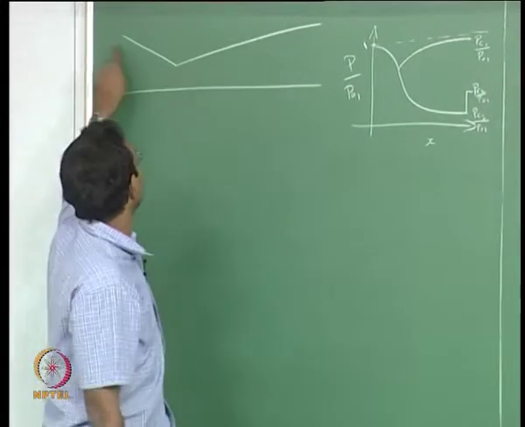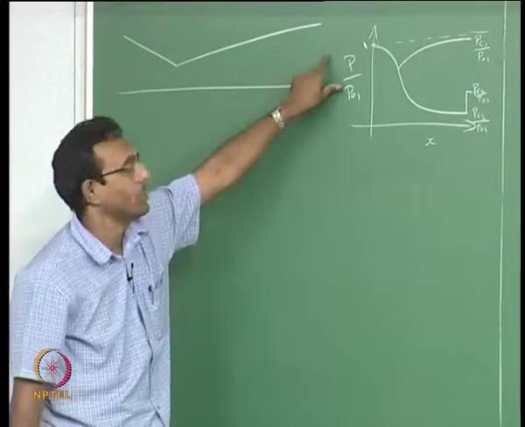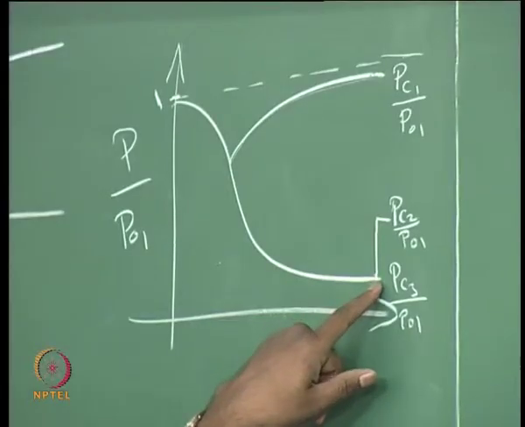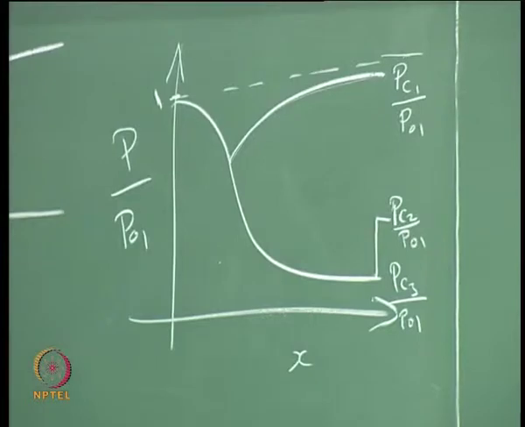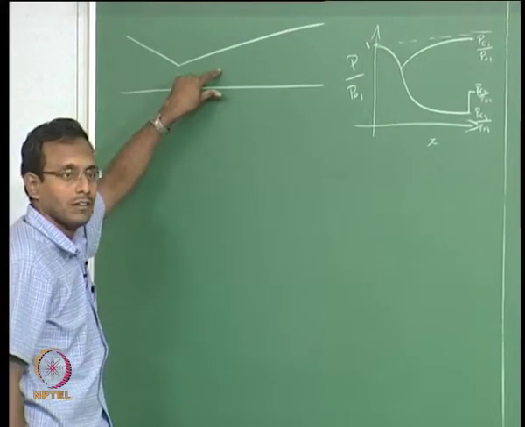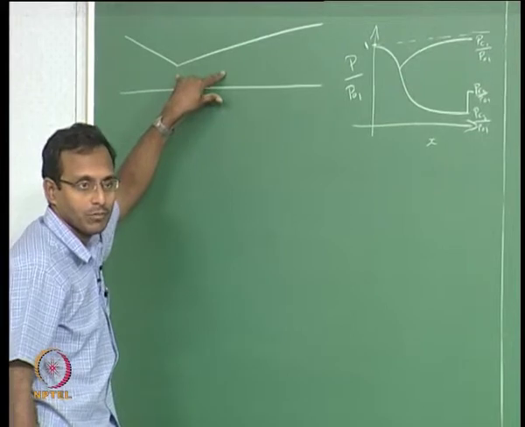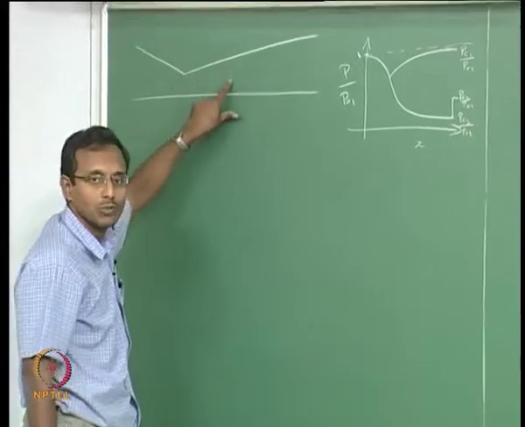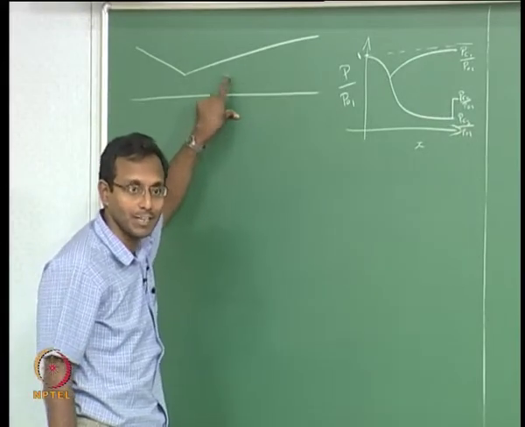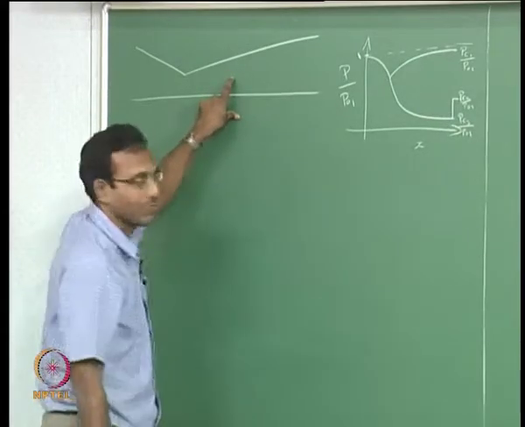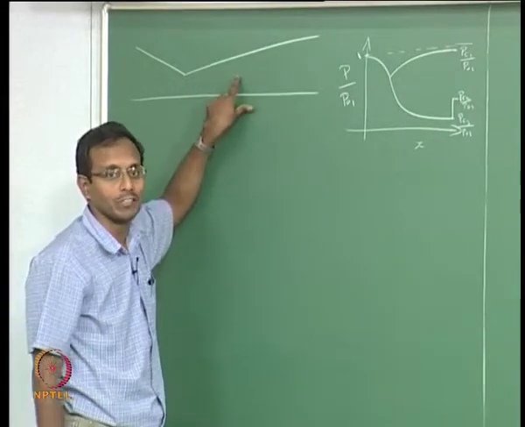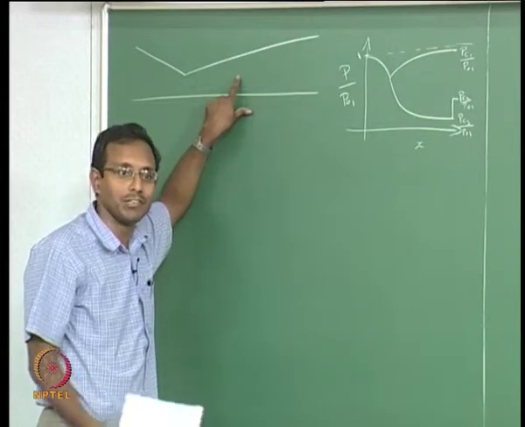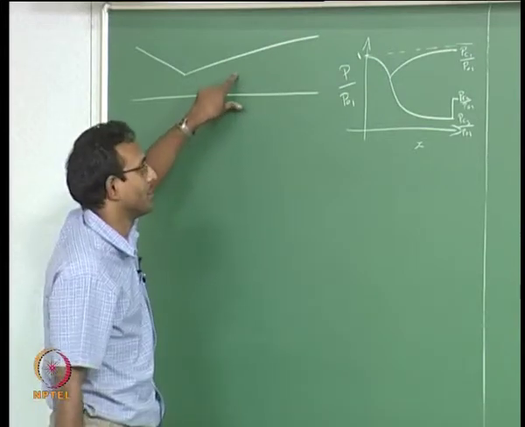If I assume that it is coming here sonic and then going supersonic all the way till the end, then I am going through this particular line. If that is the case, then I have to use A by A star. A by A throat will become A by A star for you because throat is choked. After that, all I have to do is find the supersonic solution for that particular A by A star at that location, and then you can solve the problem from there. Once I know the Mach number at the location, isentropic flow tables, I will get P by P naught, T by T naught, whatever else you want can be obtained once you get pressure, temperature. So I can do everything here.